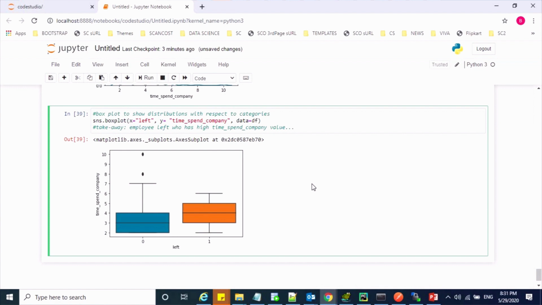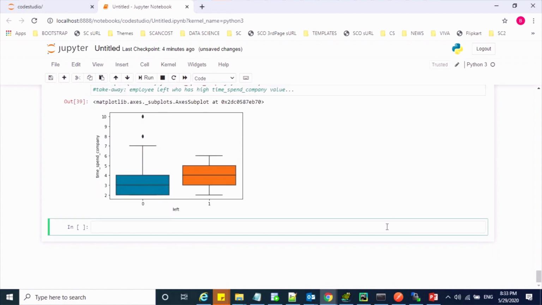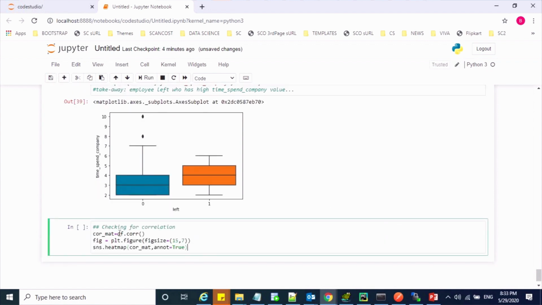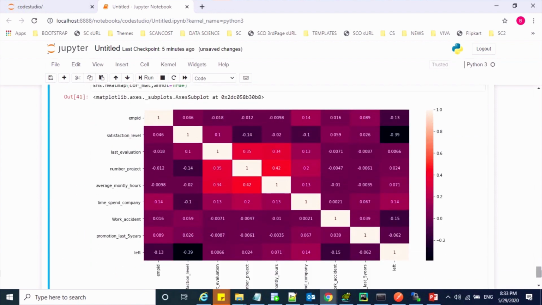Now we will try to see the correlation between these features by drawing a heat map. To see the correlation between the columns, we have to use a method called corr. This is the command, and this is my data frame. Using this method we can build the correlation between the columns, and to plot it in a graph we have to use a method called heatmap. Let me run this command and see the correlation between the columns. Okay, this is my heat map for the correlated data.